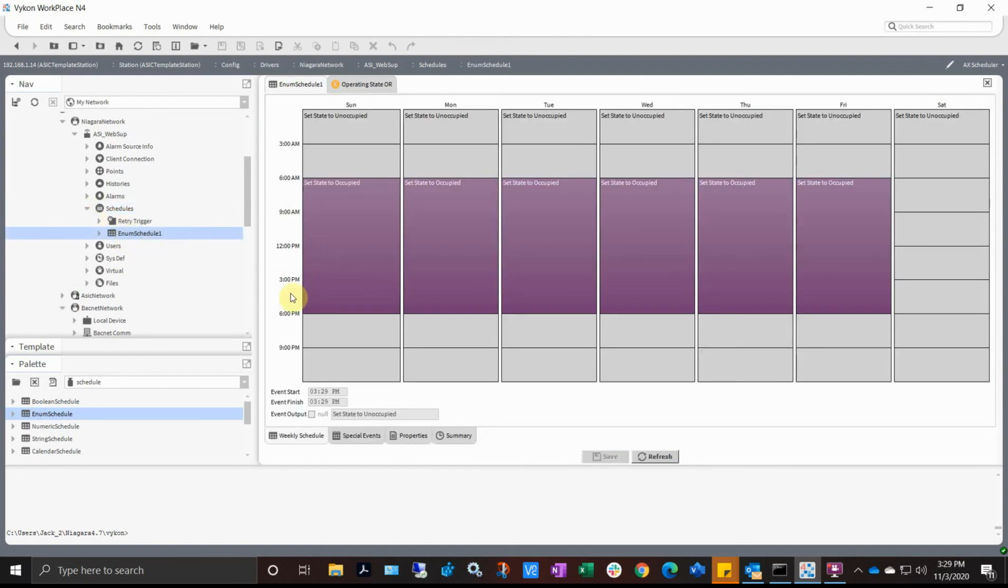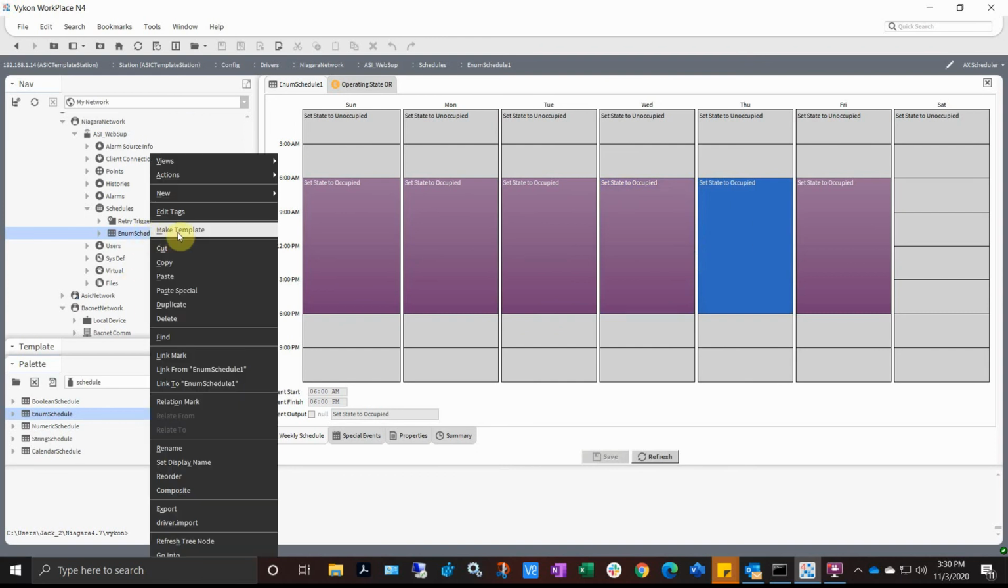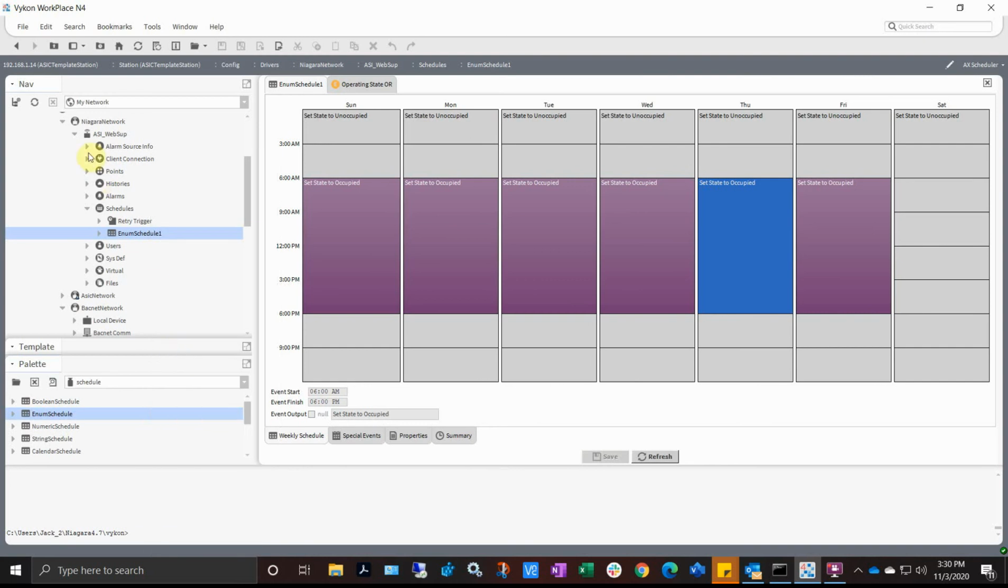But you notice we go here, now you see your state to unoccupied, state to occupied. You notice you can't change these here. They have to be changed at the web supervisor, and then they get pushed to the JASIC. Alright, what you can do here though is go ahead and right click on it and do a link mark, and then you can go back into your controller, and we're looking for